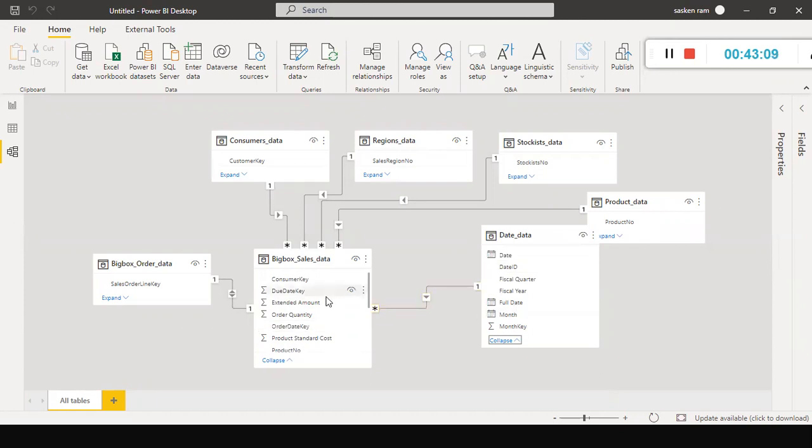If I wanted to find out sum of sales by ship date, sales by ship date is different from sales by order date, right? So in that case, if you want to find out the total sales by ship date key, this relationship is not sufficient. So I need to create one more relationship between date ID and ship date key.